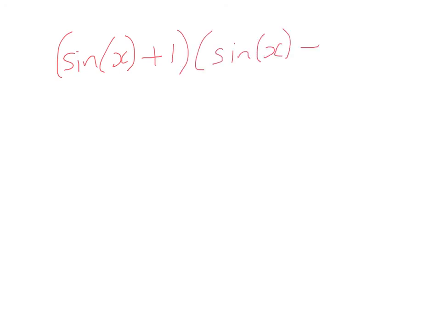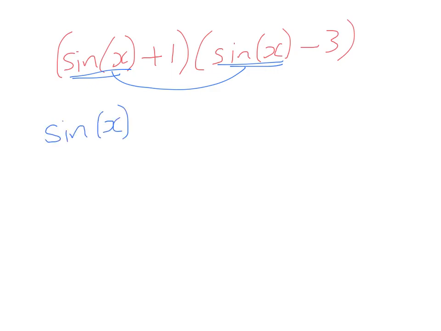Alright, so the question is expand sine of x plus 1 times sine of x minus 3. Okay, so we're going to do the sine of x times the sine of x. Now the convention here is that it's fine to write it like the sine of x squared when we first start working it out, plus 1 times sine of x is just sine of x, minus 3 times sine of x